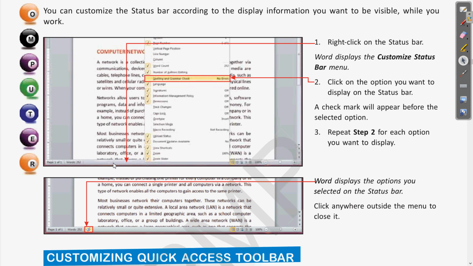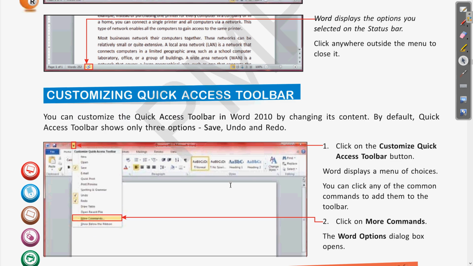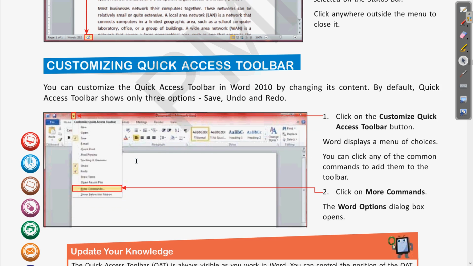How to do that? When you right click on the status bar we can choose. There are already some check marks, which means they are all selected. If you want to remove any of these, you can press on the checkbox again and it will be unchecked. Clear?